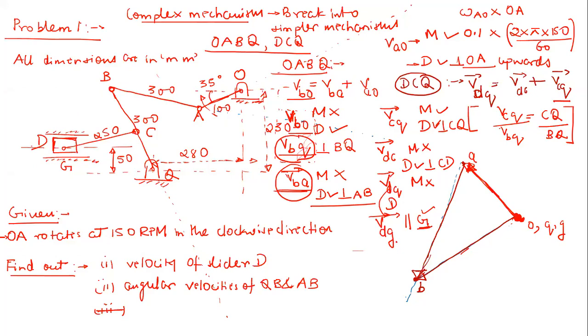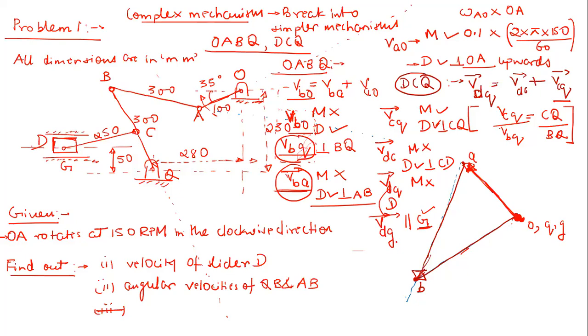So, sir, the VDC would be having two components, right? One would be parallel to G, and another one would be perpendicular to G. Yeah, you can say like that, but exactly it is not. See, there are always two components. We are trying to find out the resultant. So this is the VDC vector. One component will be this, another one will be the VDG vector. So yes, that is correct, there are two components, then we are going to find out the resultant of these two, right? So it's obvious.